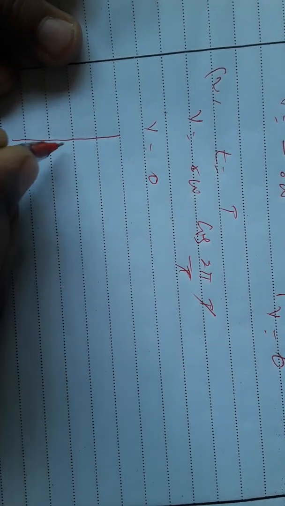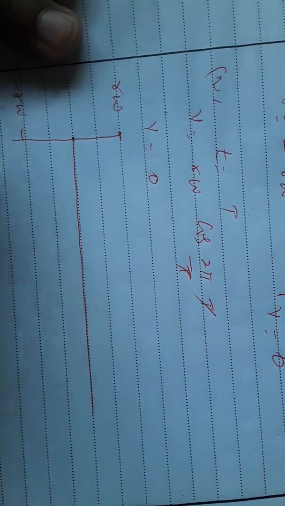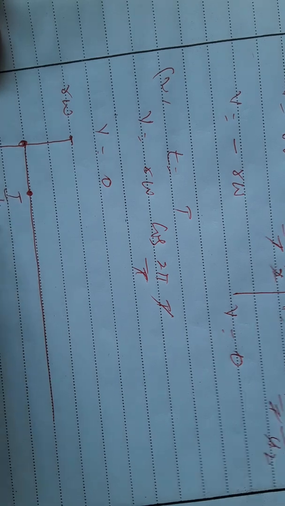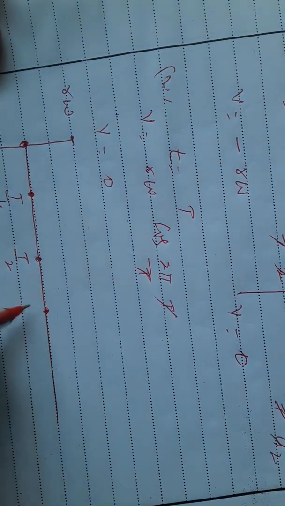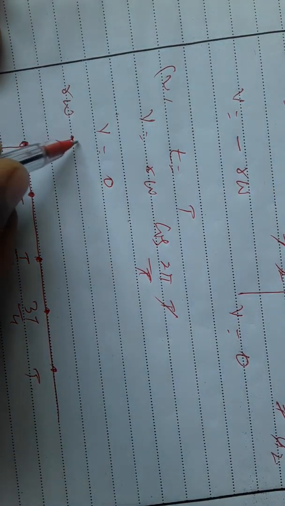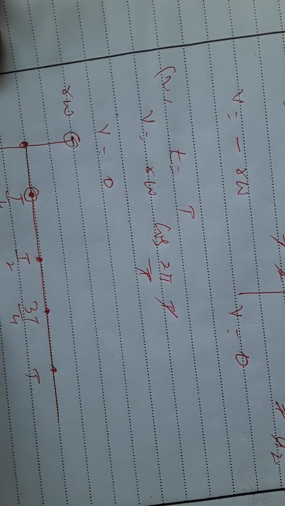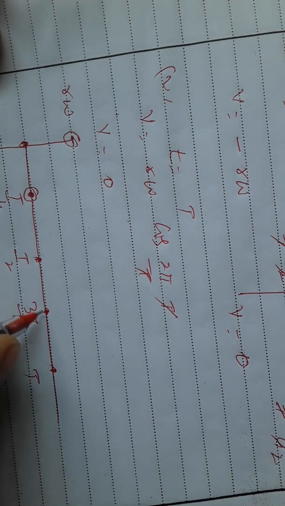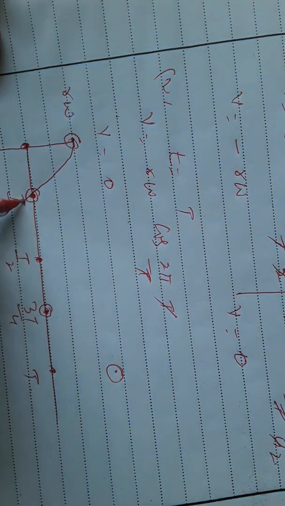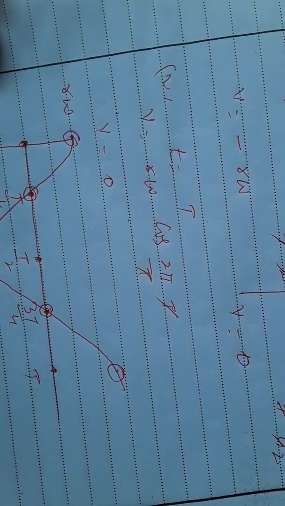So now we can plot the graph for the velocity. This is r omega, minus r omega. For the 0, this is 0, T by 4, this is T by 2, this is 3T by 4, this is T. So we get r omega for the 0, for the T by 4 it is 0, for T by 2 it is minus r omega, for 3T by 4 it is 0, for capital T it is r omega. So we can draw the graph, and this is the graph for the cos, so this is for the velocity.